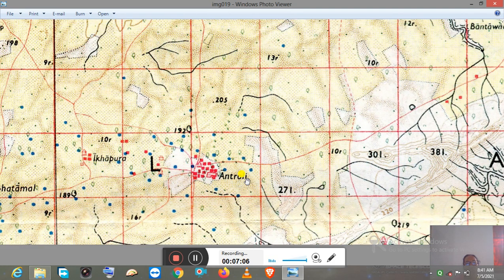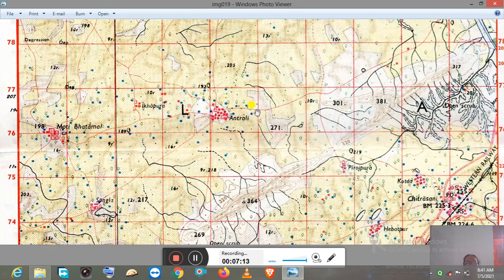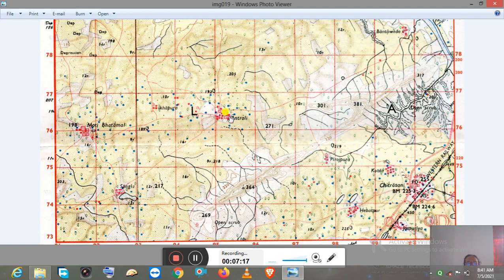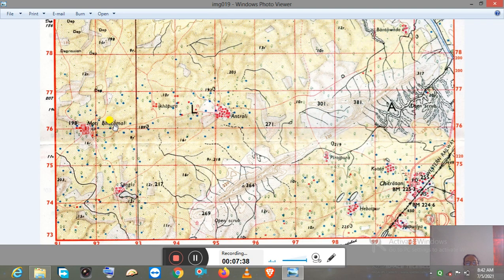So for Antroli, you can see the grid reference. First, eastings numbering. What is the eastings numbering of Antroli? You can see its numbering is 9-5. Because Antroli is located east of this easting, first you have to write 9-5. And then north of which northing, that is 7-6. So for Antroli, you can write the 4-figure grid reference, that is